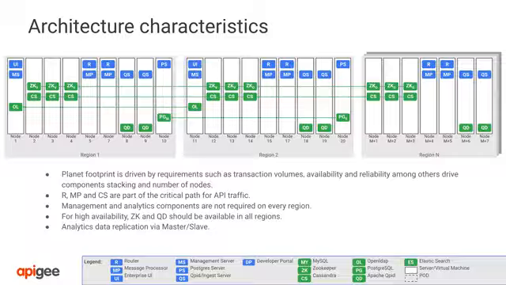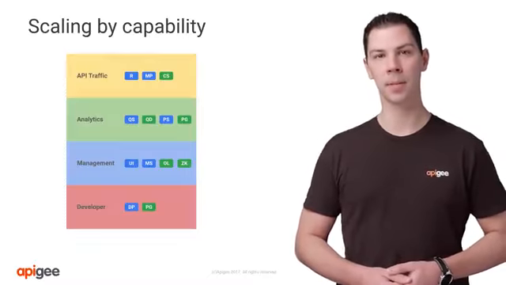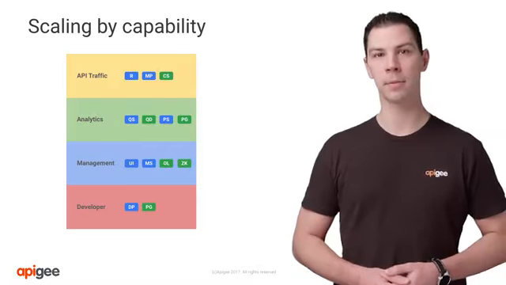For example, on the diagram, we illustrate 3 regions. Regions 1 and 2 possess the same number of components. In both regions, we find UIs, management servers, OpenLDAP, and Postgres servers. Region N looks different. In this region, only specific components are present. The minimum set of components required in a region contains Cassandra, Zookeeper, Cupid, and 1 or more routers and message processors. Having a clear understanding of components' roles and responsibilities, as well as the architecture characteristics of Edge, makes it easy to identify problems, plan for capacity needs, and monitor the platform.